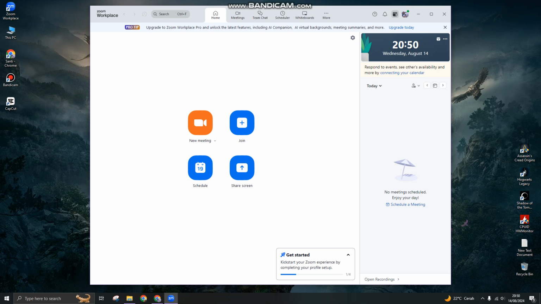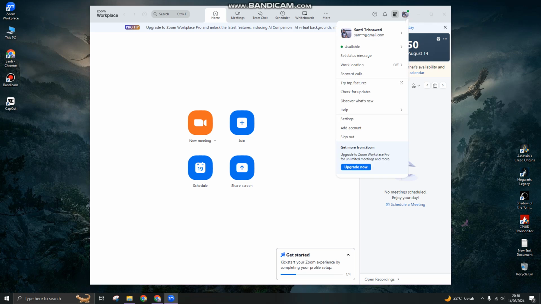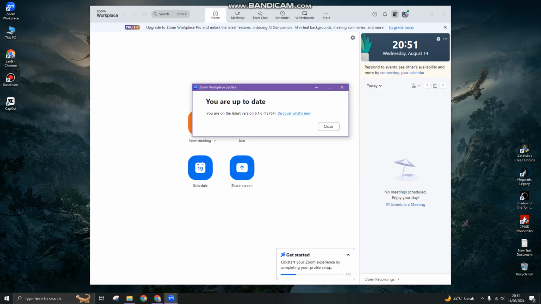And to easily find if your Zoom needs to be updated, you can just open the Zoom, and here click on your photo at the top. Here, the top panel, click on your photo and you'll see there is this check for update. So you need to click on this, and now